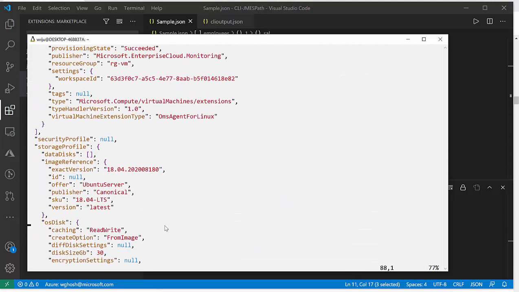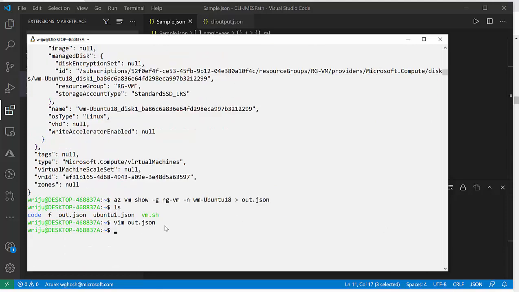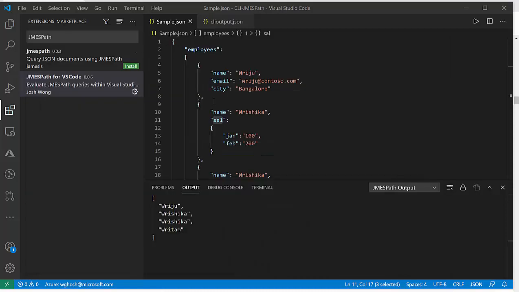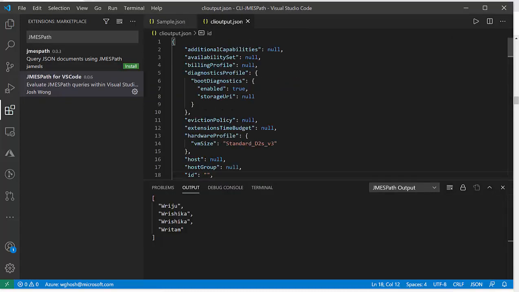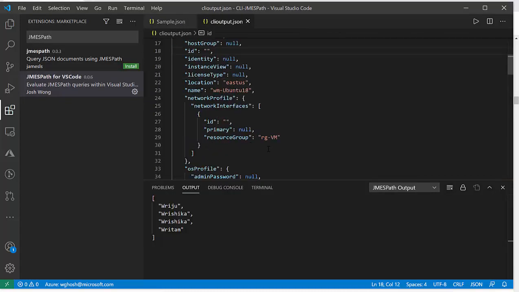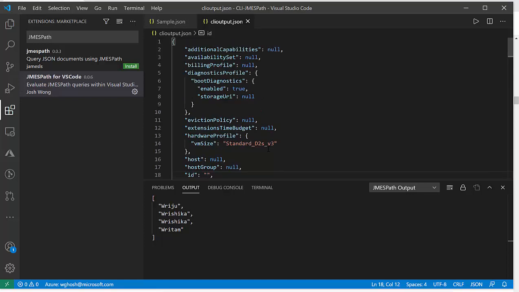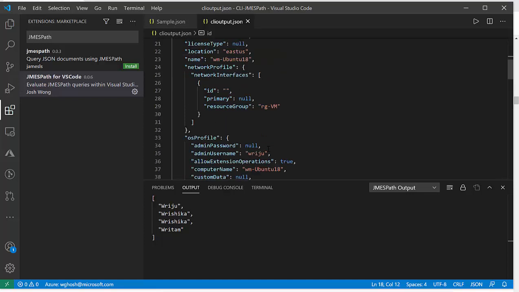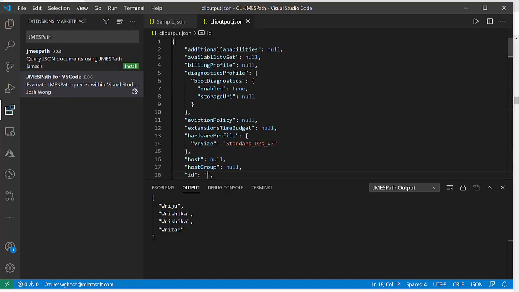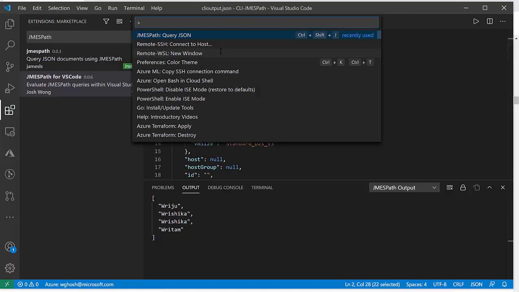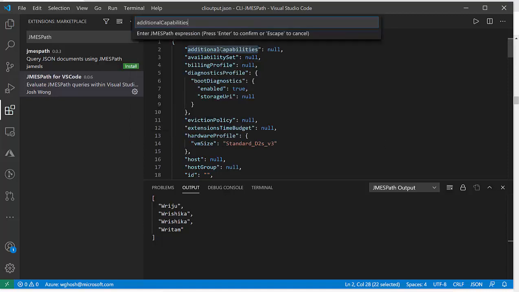If you just copy the content of the file, let me just come out of that and then paste it in your Visual Studio. It will basically display something like this. So you can have all the properties and so on. Now you want to really play with this output and see whether your JMESPath query really works. So for example, if I open the JMESPath window and I say this value, you can see